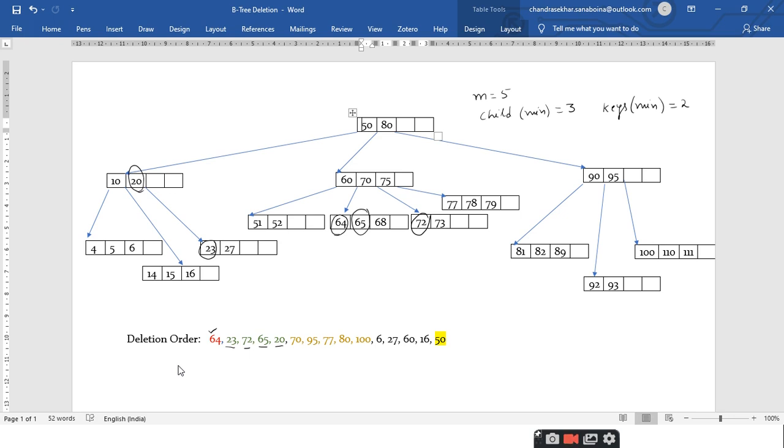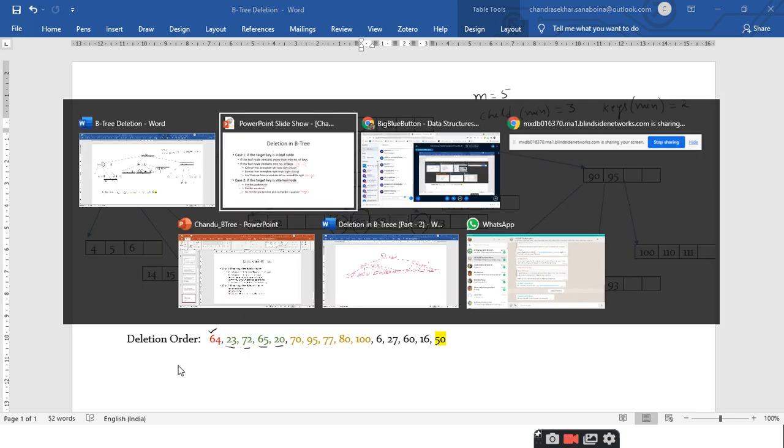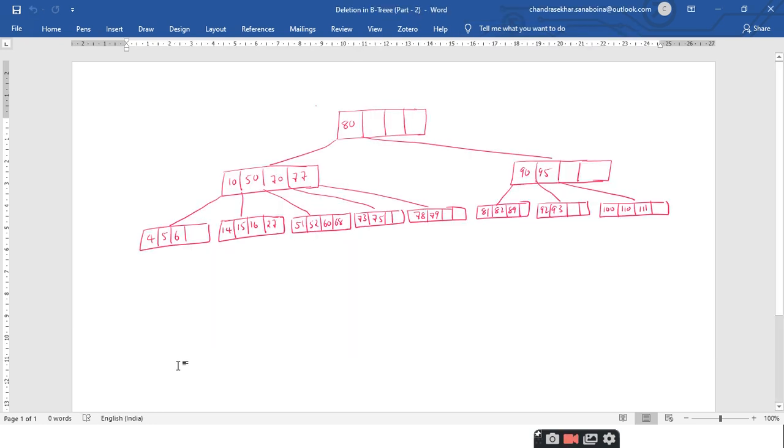So these are all the 5 elements which we deleted to explain the concept of deleting a key from the leaf node. After deleting these keys, the resultant B tree which we got is this one, right?